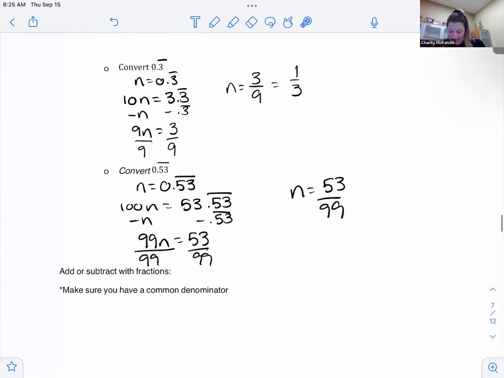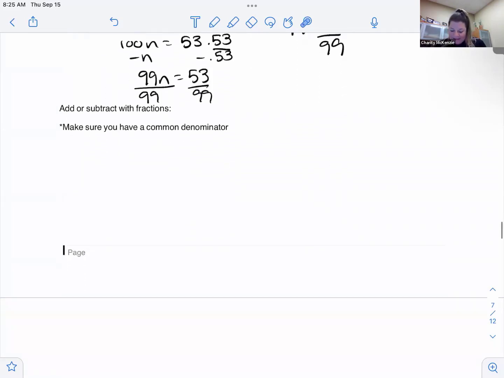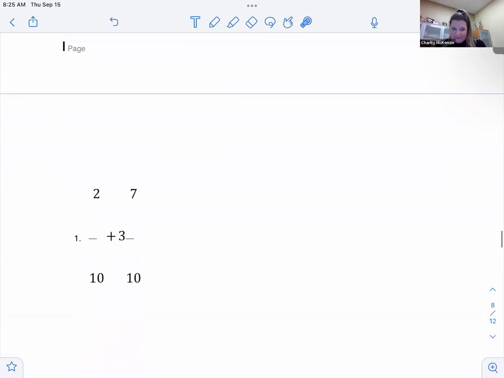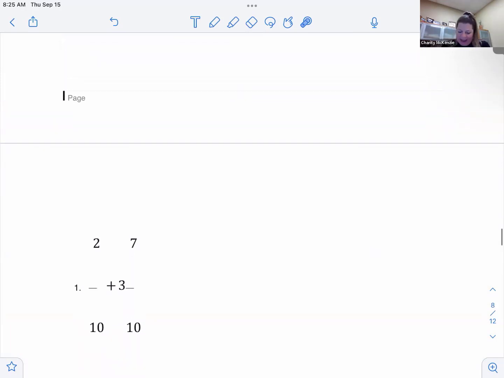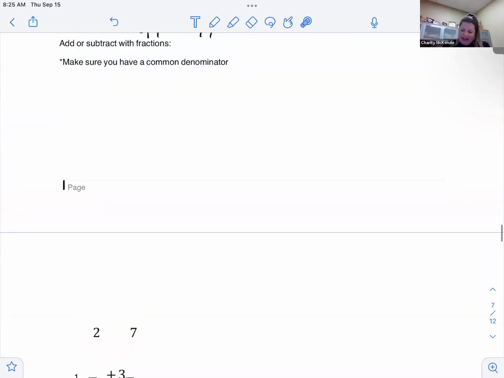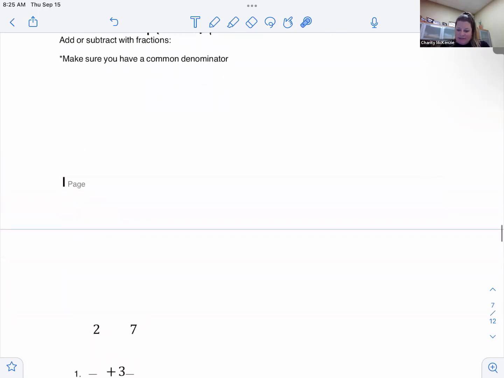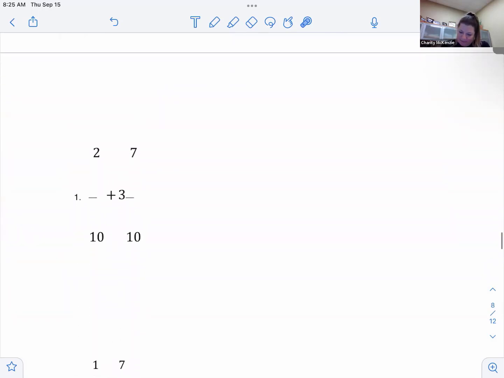Okay. Add or subtract with fractions. So when I go to add or subtract with fractions, you have to have a common denominator. So 2 tenths plus 3 and 7/10. All right, so on this one, I kind of have a common denominator because it's tenths and tenths. I wrote that a little bit strange, but